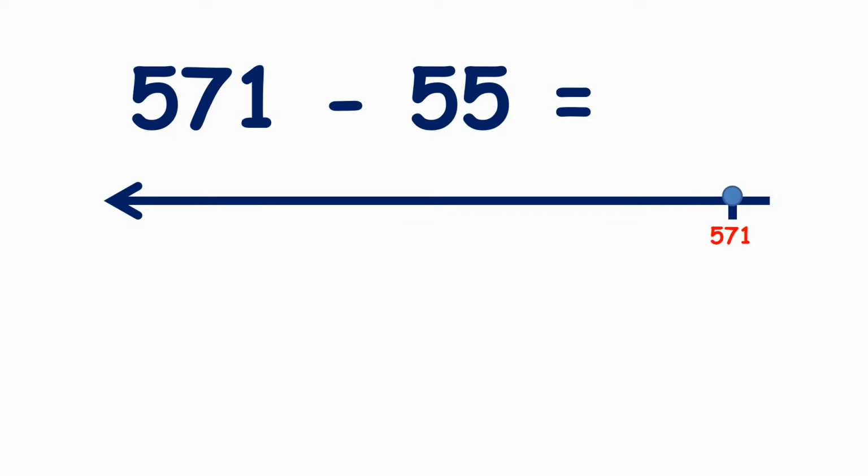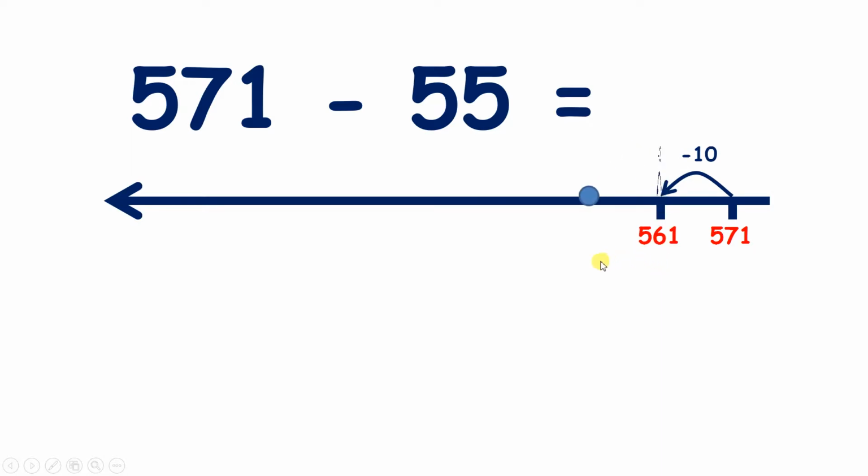So we have 571 minus 55. So we need to subtract 5 tens and 5 units. So if we count back 5 tens from 571, we have